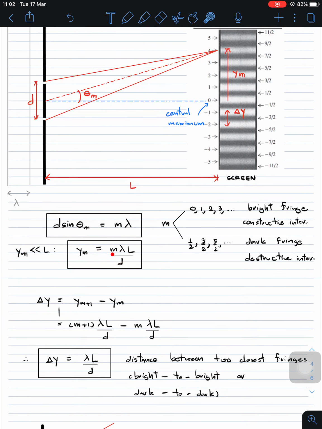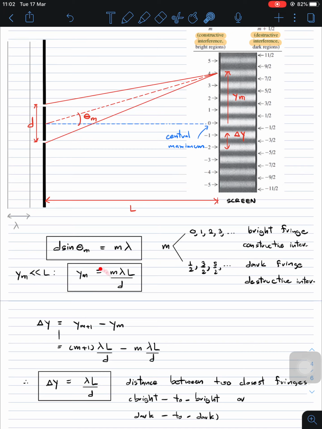One thing I want to emphasize about this equation is that in the experiment it is easier to use, because we can just measure the position of the bright fringe or the dark fringe. That's why I say this equation is much easier to use. But from the other equation you need to measure the angle, called the diffraction angle, from the central line here. So in the experiment this can be quite